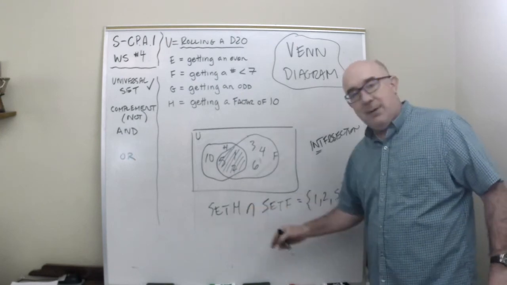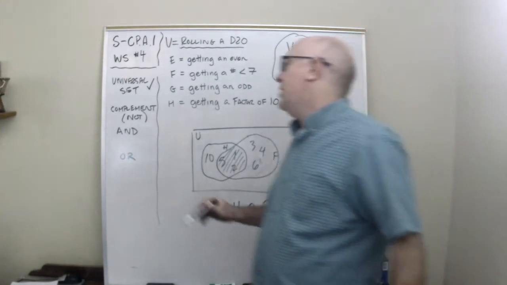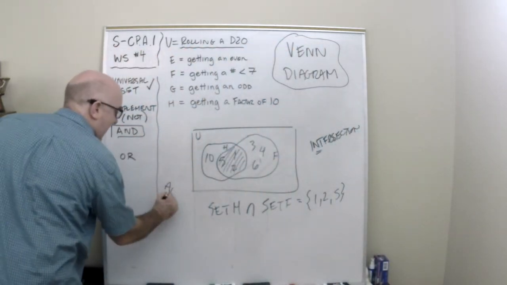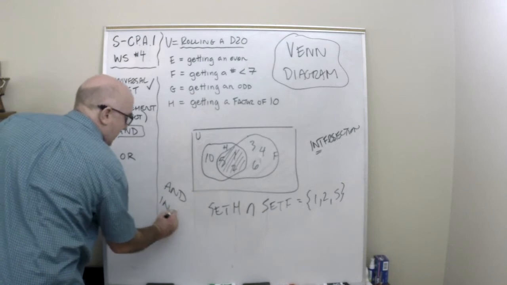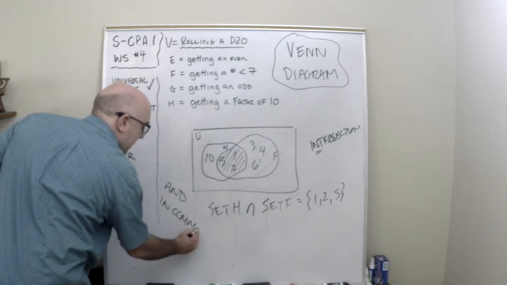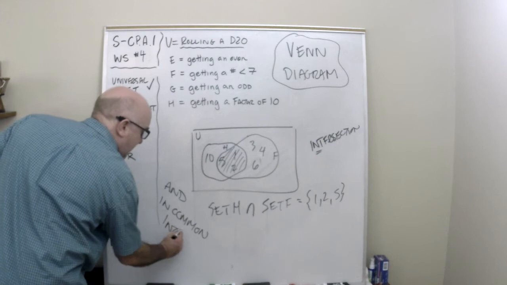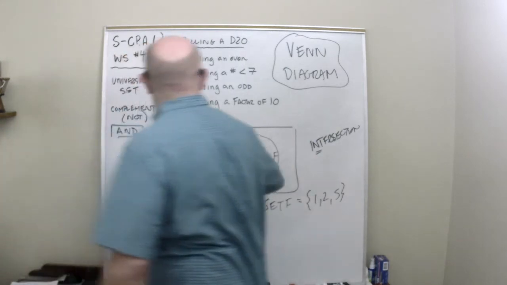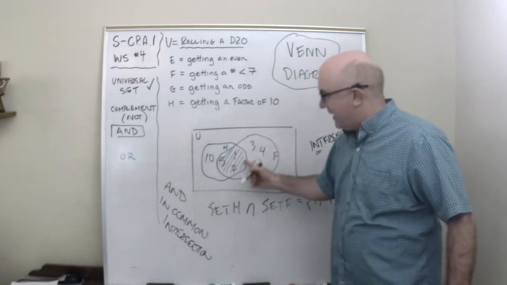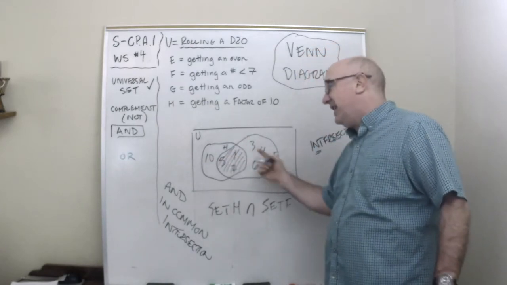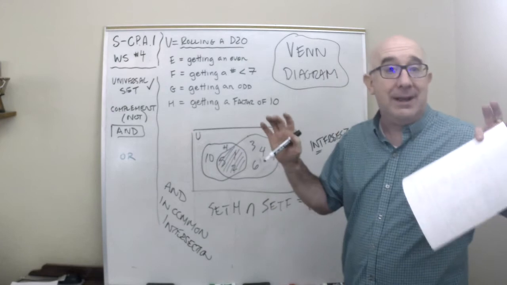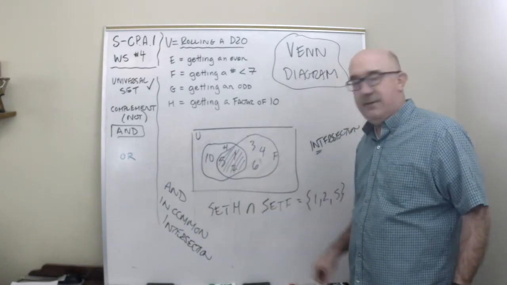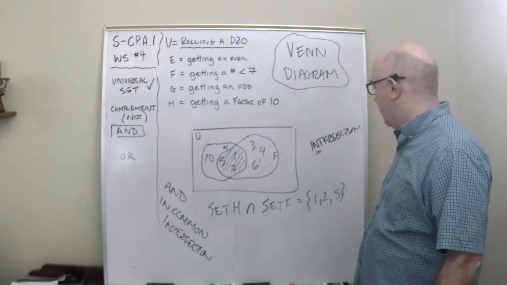So if I want to talk about what's in common, we use the word "and" here. We use what's in common, and it's called the intersection. The intersection is what's in common, what is in this and in this. It's the overlapping region. And the official symbol is this N-looking upside down U,